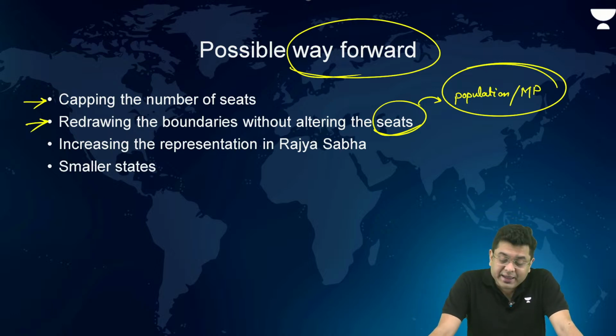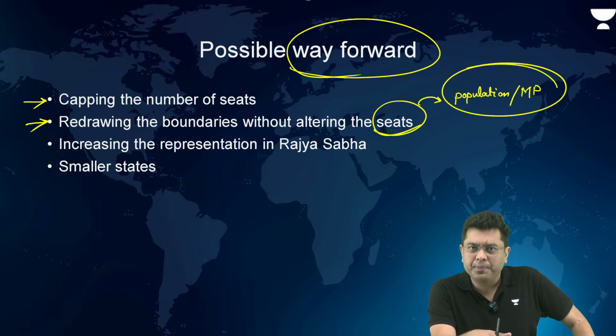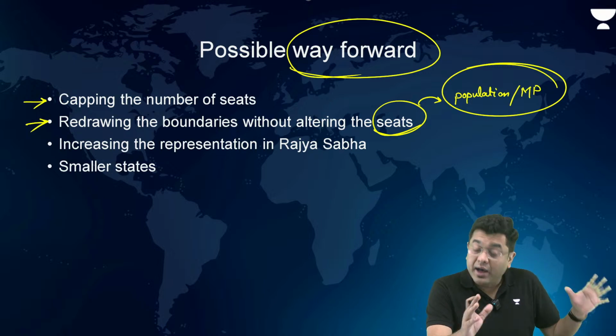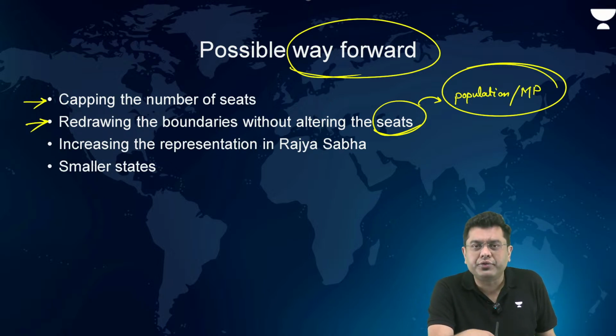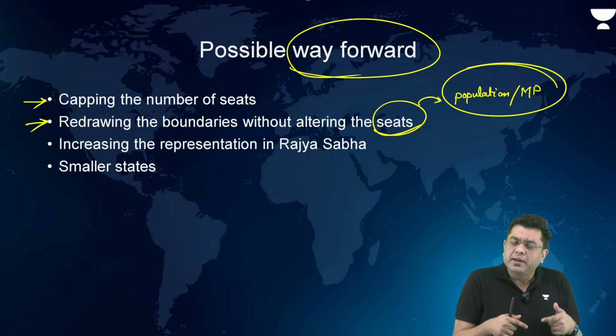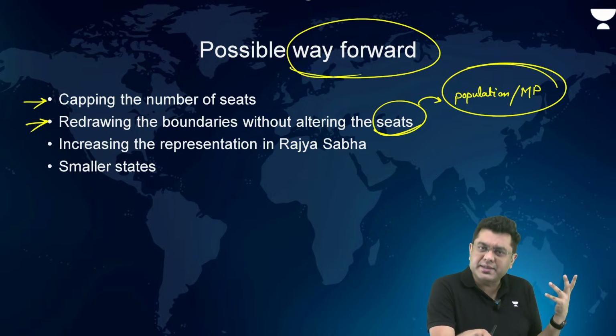Then, increasing the representation in Rajya Sabha. Now, that is another point which is largely ignored. When we talk about the Parliament, Parliament does not involve only the Lok Sabha. Parliament is also constituted of the Rajya Sabha. In many of the cases, Rajya Sabha has got a substantial amount of powers, which sometimes the Lok Sabha also doesn't enjoy. So, when we talk about Rajya Sabha, it does not have equal representation from various states,